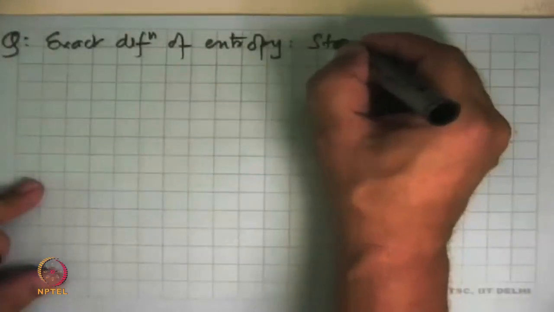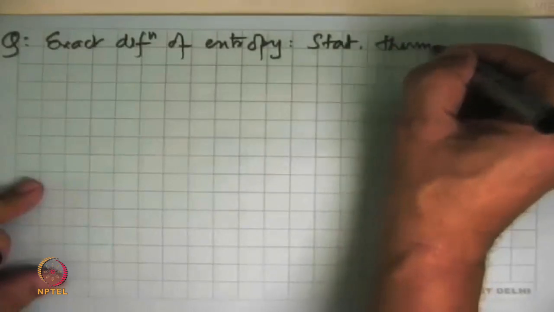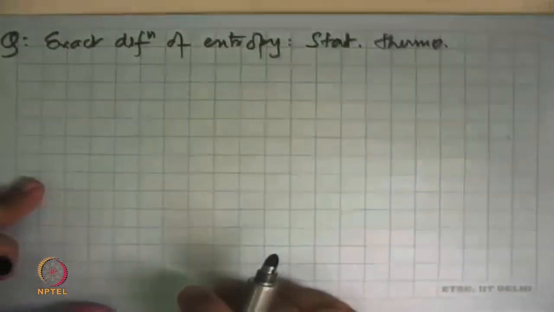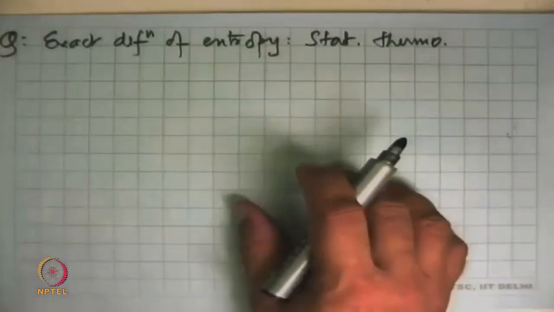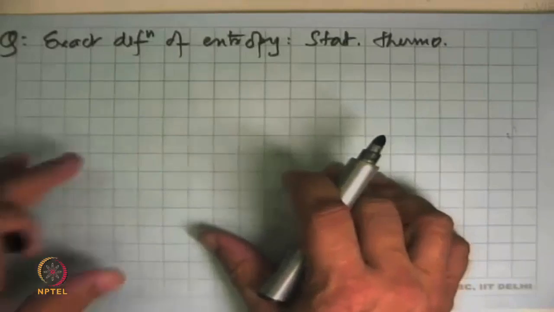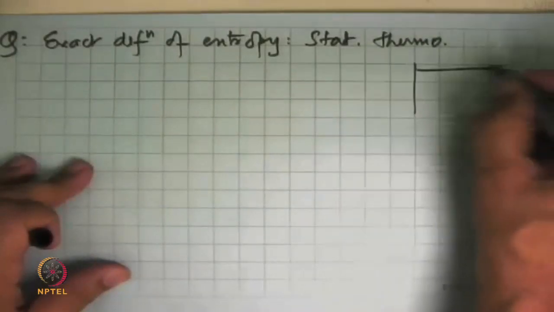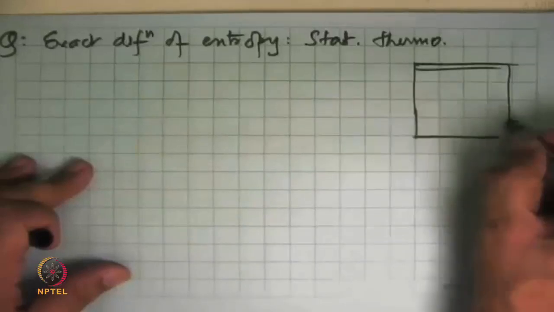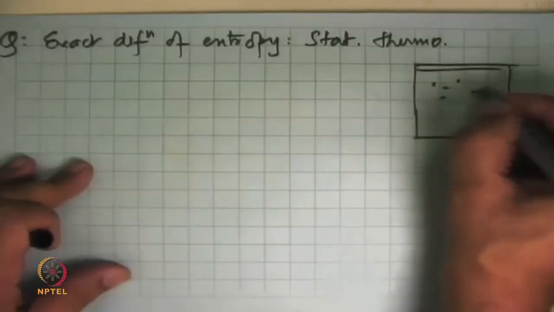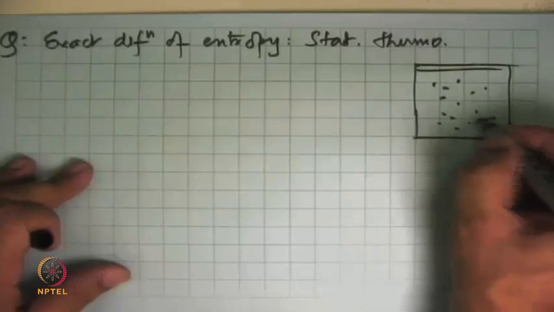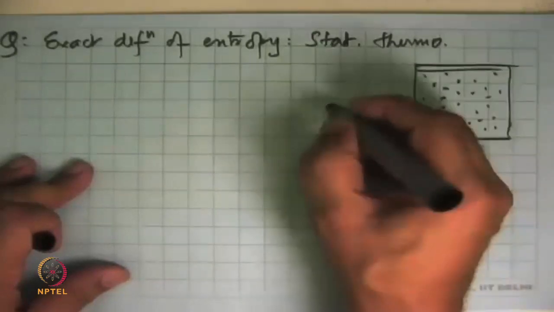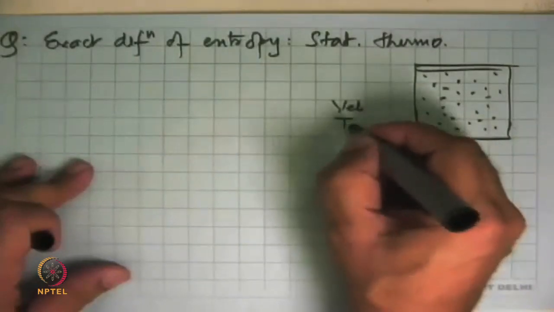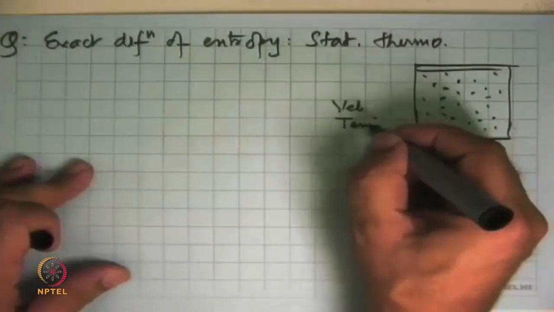For getting this answer, we have to go to statistical thermodynamics. And it is basically an indicator of the number of states that are possible for a given material. For instance, if we have in a system a certain number of molecules, and according to the kinetic theory of gases, they will all have a certain velocity distribution and a certain temperature,